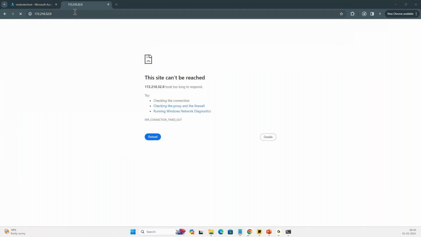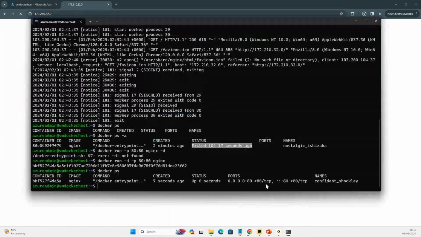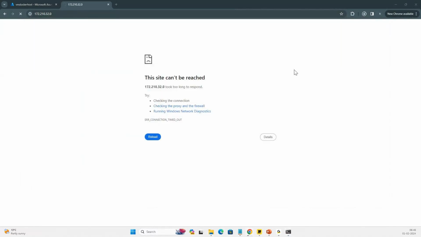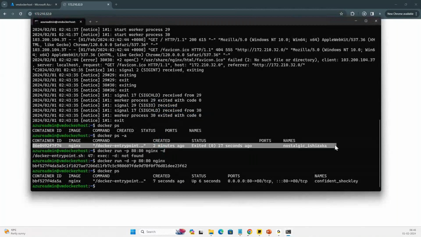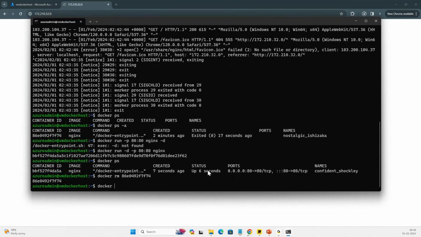It's not connecting because the mapping is, I believe, already configured. You have already given this mapping to some other application, and that's where it might not be getting this particular thing. So what I have to do is delete this particular container which was in a failed state. I can go ahead and delete this first, so that my particular container can be accessed on this 80 port. Let's try that. So docker rm, and I'm going to give this container id. Can you see, this is the running one? I can copy this container id, paste it here, and press enter. Now if I type docker ps -a, I can see,